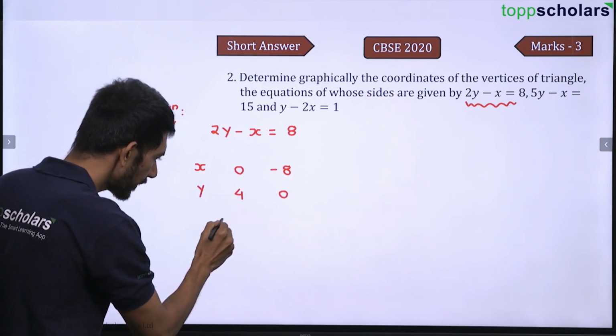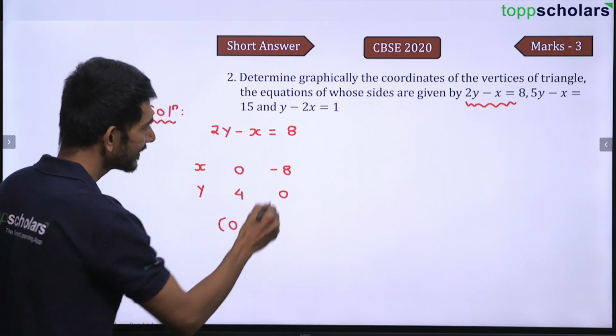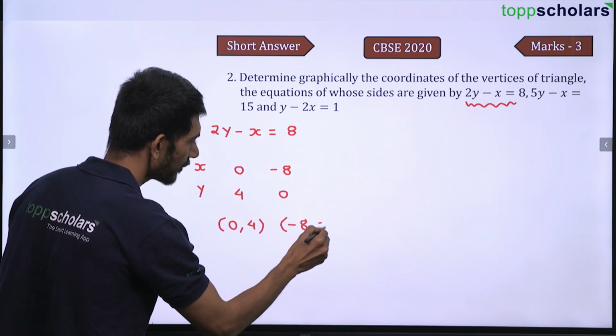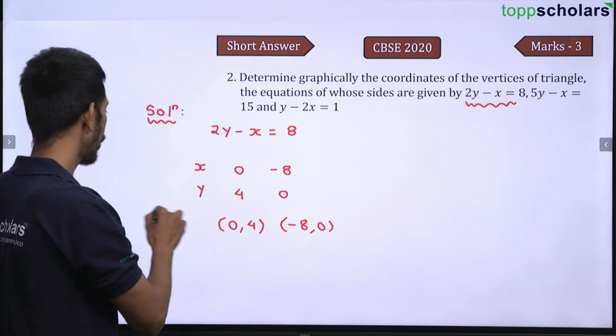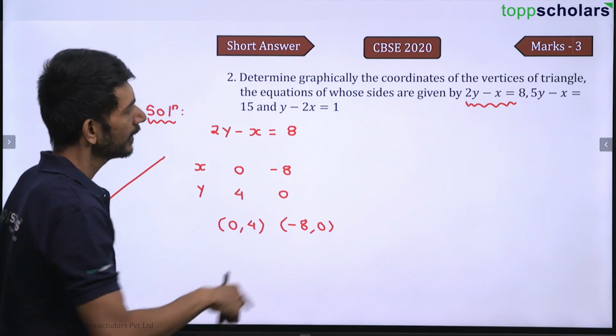So the first point will be 0, 4. The second point will be minus 8, 0. And then you can draw the straight line like this, right? Okay. Let us talk about